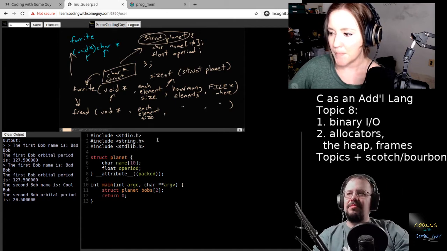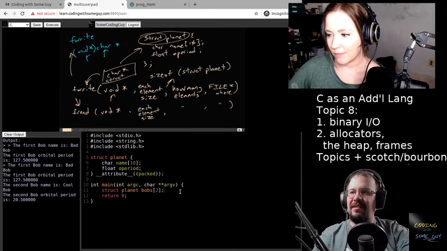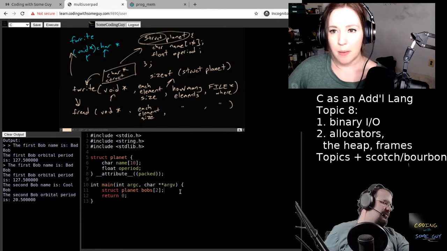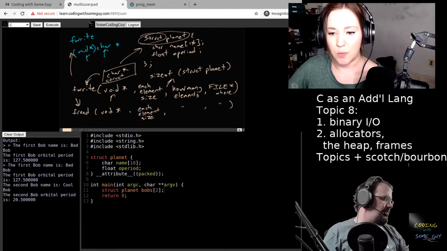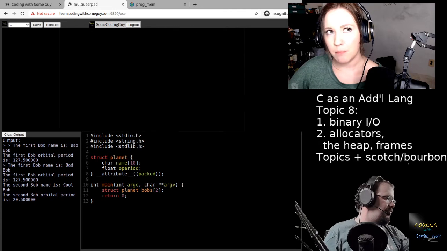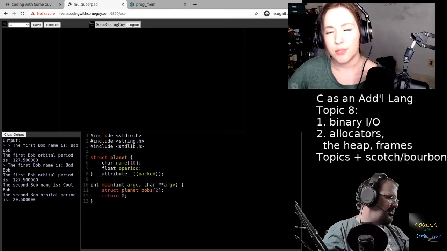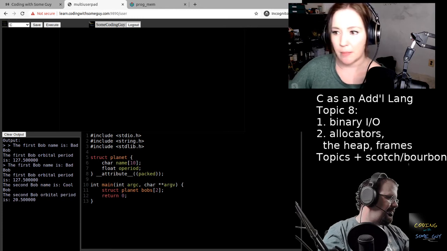So how much roughly do you remember? Should I just walk you through a quick version of malloc? I remember from last time that we had a pointer. We were defining a pointer, and we used malloc to set aside a certain amount of memory, but that's kind of all I remember.